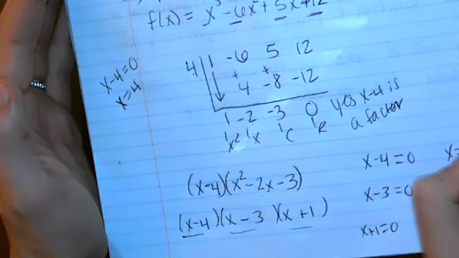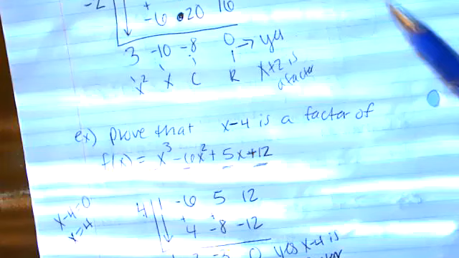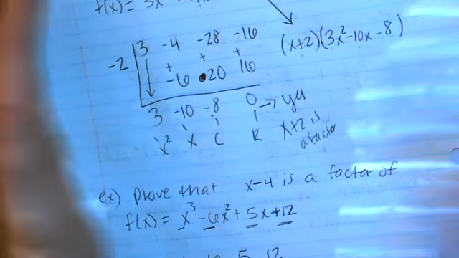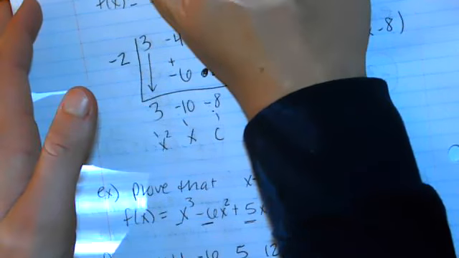Okay, that's all I have for this section. So you're just practicing synthetic division to find factors, to find points in the graph, and also pushing yourself to be able to write things out in this factored version. Okay, let me know if you have any